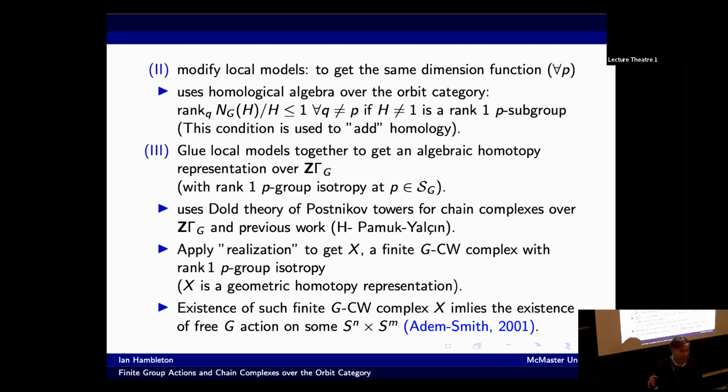That's the reason I mentioned A4 when I produced that list: whether or not you remember it, A4 is inside all of those groups. And Oliver, in one stroke, eliminated the possibility that any non-abelian finite simple group can act freely on a product of two spheres of the same dimension. And then